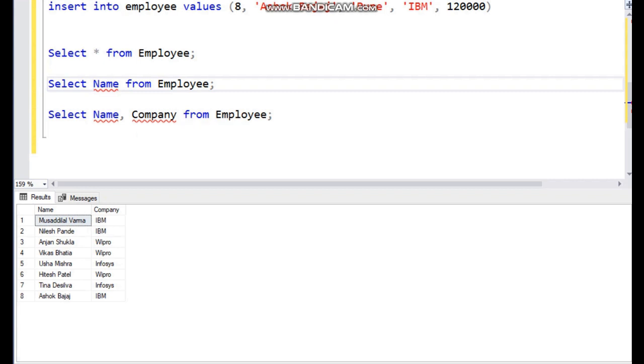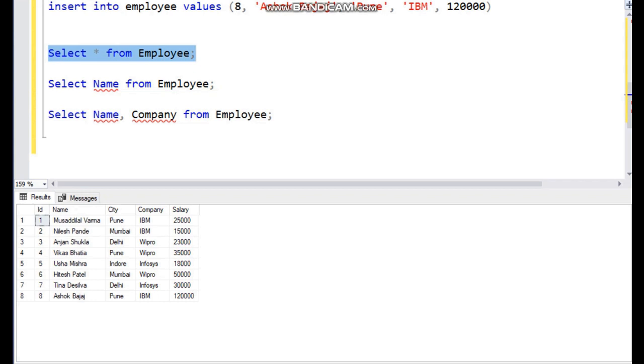Now if you want a particular record, if I want the employee details whose ID is 4, so I want this particular record. Here there is a condition: ID is 4.